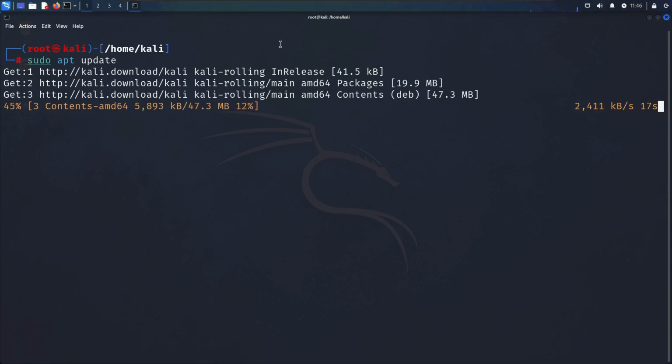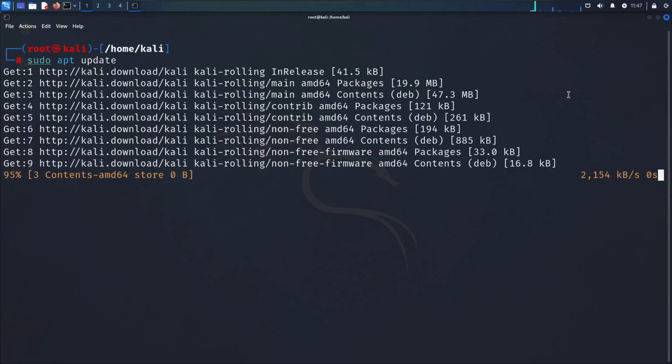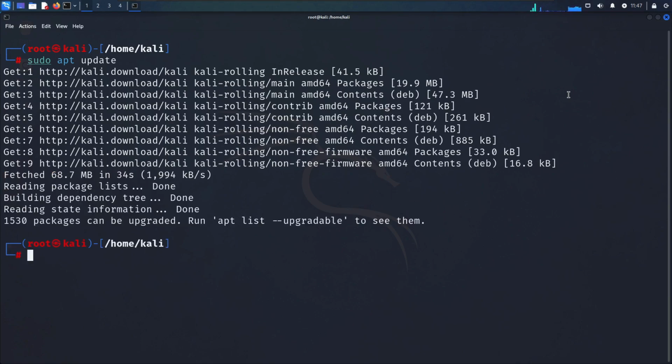It will be done. Seems like it is going to be done within a few seconds. It will not take a lot of time, so let's give it a few seconds. Now, why are we updating and upgrading our machine, our operating system? It is because a lot of packages might be missing, or a lot of packages are required to be updated. That's why for the first time it is compulsory that you must update and upgrade your